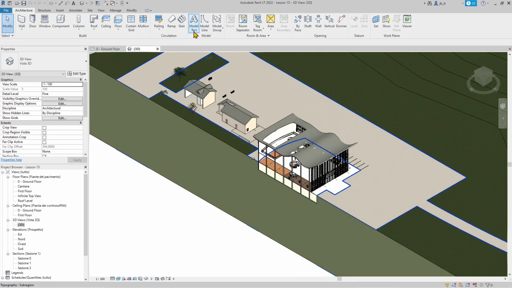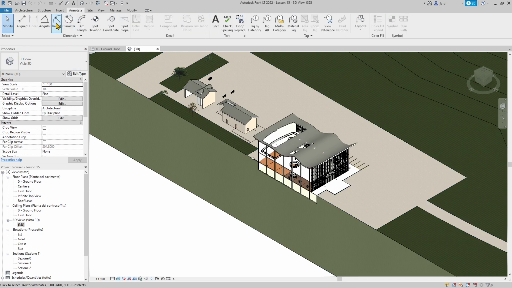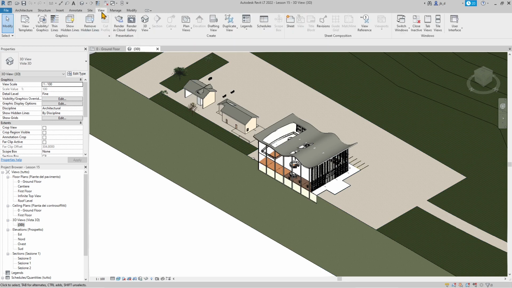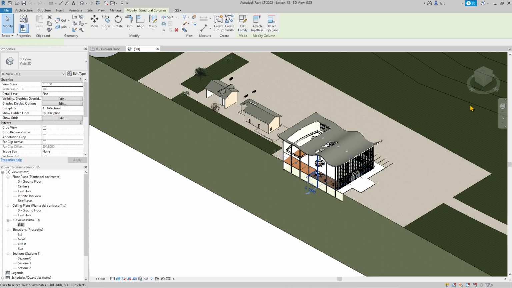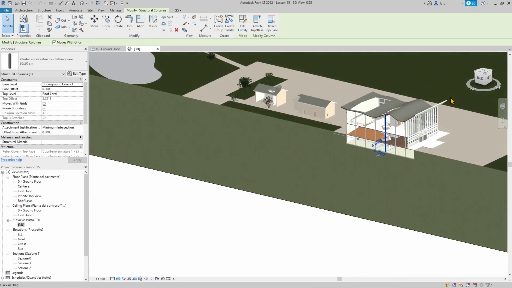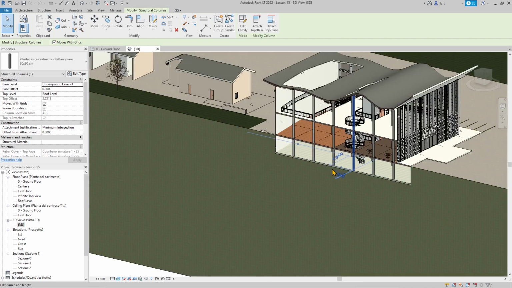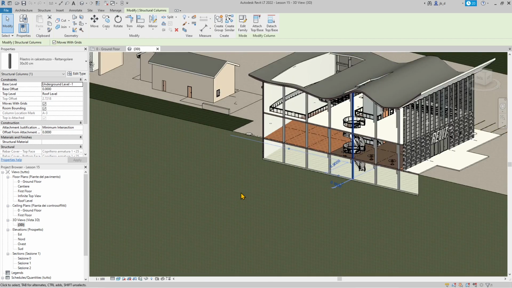So all this part here concerning the model, room and area, and also the part concerning the annotation and the management here, and of course the creation and management of the views, where we can find some tools. And we're going to see how we can customize the views and how we can create more views starting from one to show all the parts and the concepts of our project. So we're going to start by going into the first